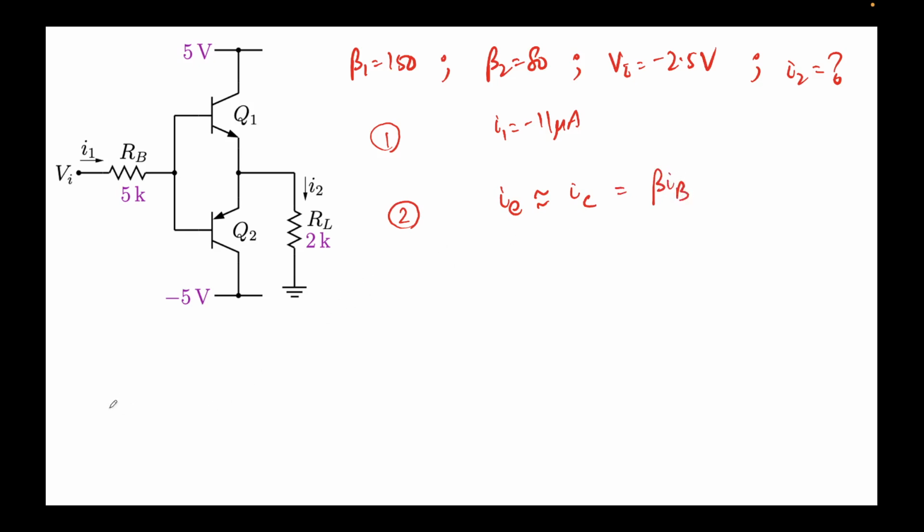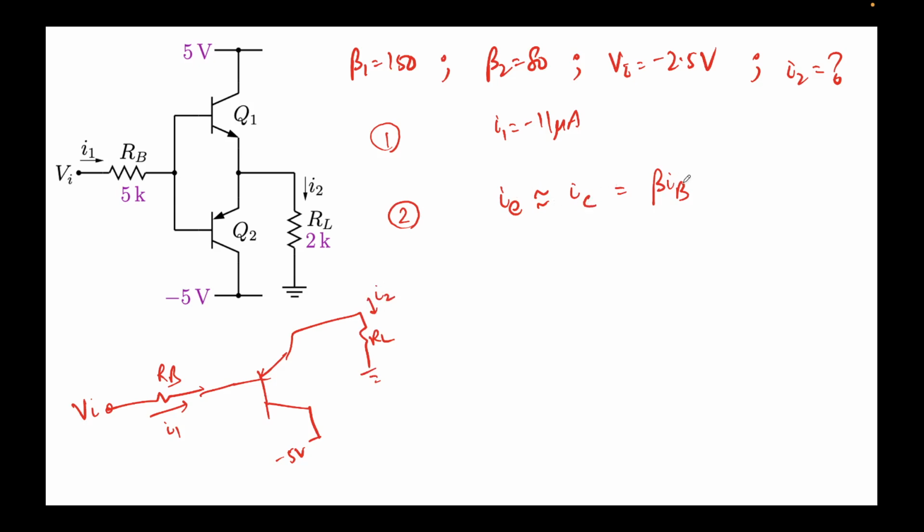And what's the circuit diagram that we're working with here? This is the circuit diagram. This is VI, this is I1, and this is coming through like this. This is minus 5 volts at the collector. This is the emitter. This is RL of 2k, and this is the I2 that we are talking about. Okay, so I2 is nothing but